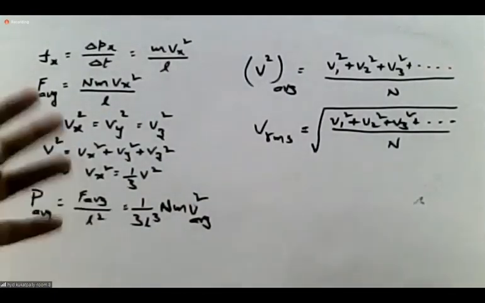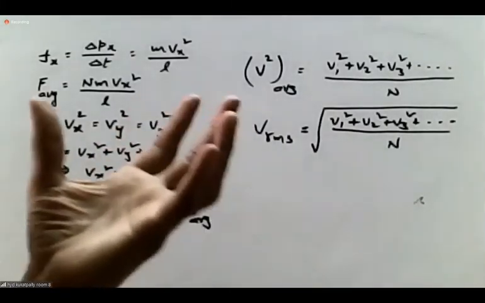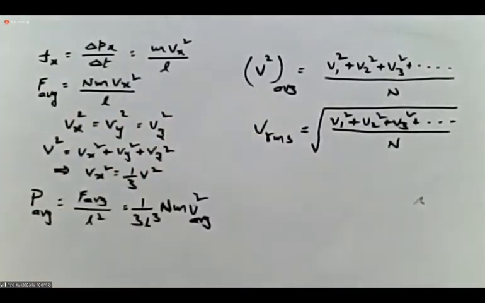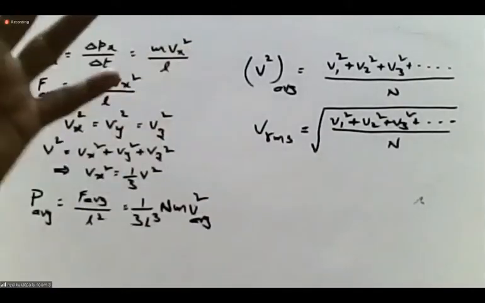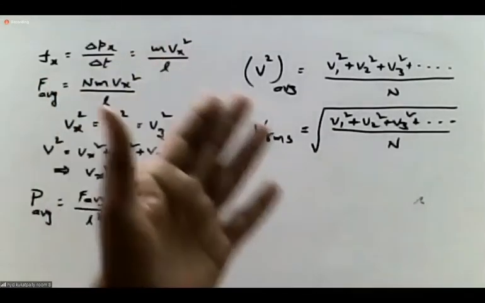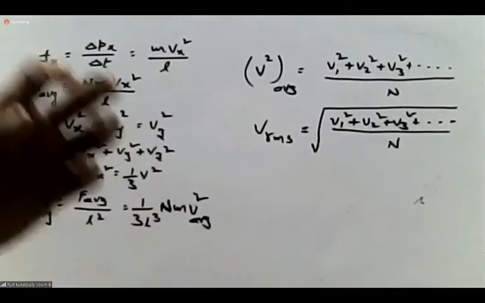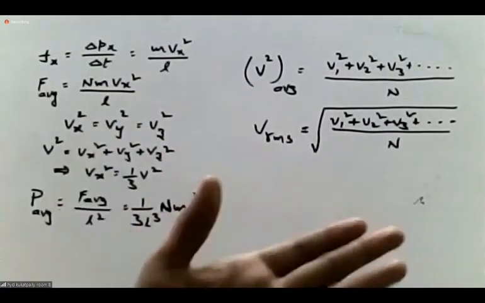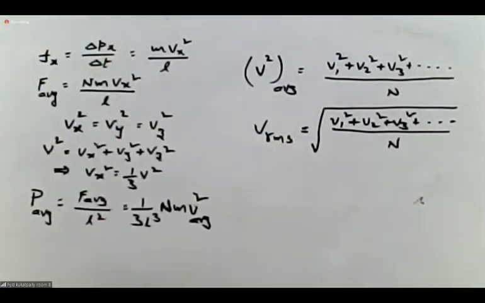Aggregate molecules: when there is a bunch of molecules in the box that I have taken, a cube of side L, all the molecules are not having the same velocity, different ones are having different velocity. To understand the aggregate behavior of all the molecules as one, I introduce this RMS velocity concept.